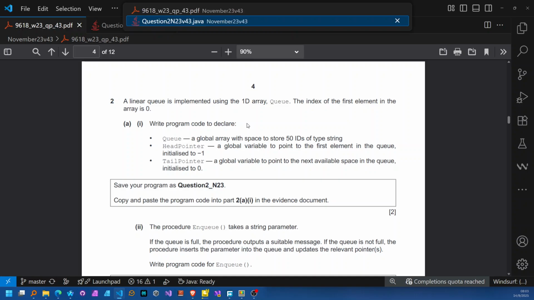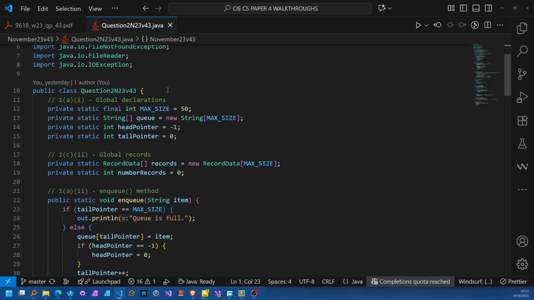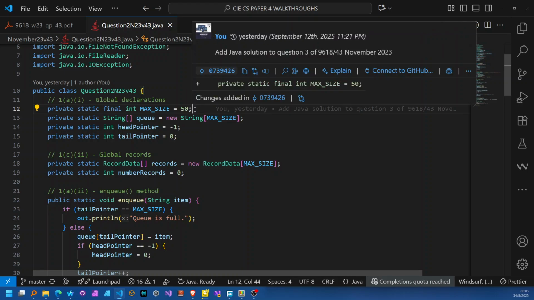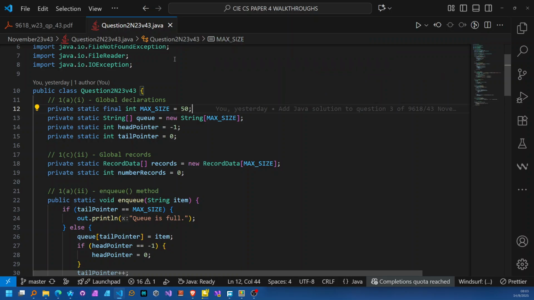So let's actually go ahead and look at that. Right there on lines 12 to 15, you see that I have the global declarations from lines 13 to 15. Since in Java, arrays are immutable, meaning once you create a Java array, you are not going to change the size,